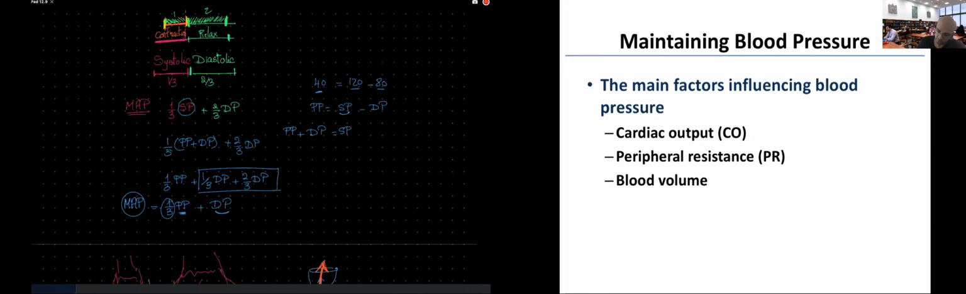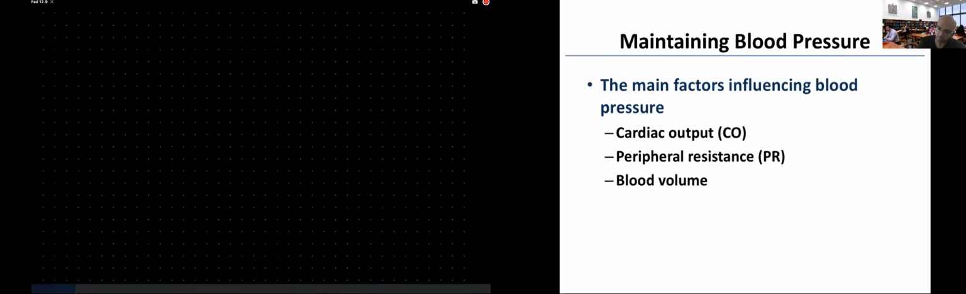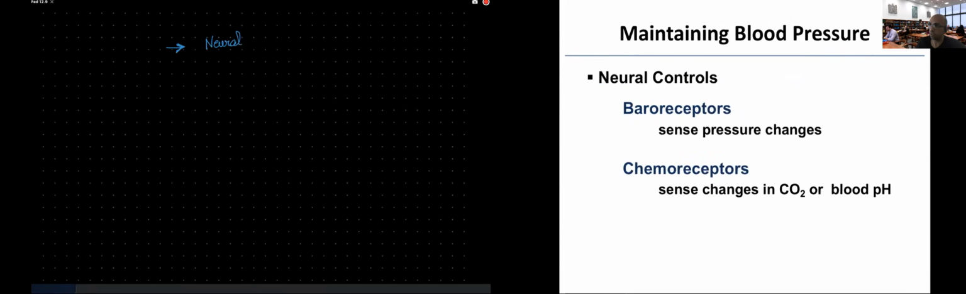So looking here at two major control mechanisms that we do have in the body. Those are the neural regulation of the blood pressure and the hormonal regulation. So starting first with the neural controls, and those will rely on information detected by two